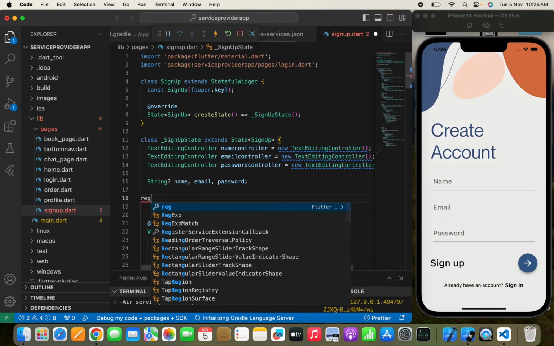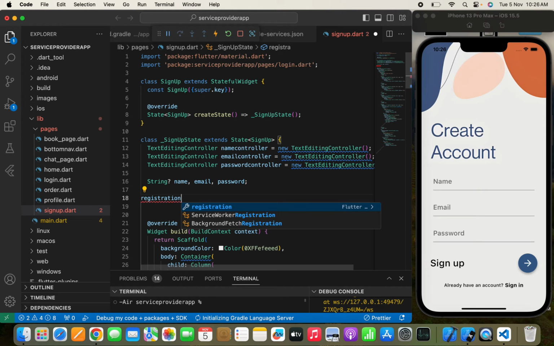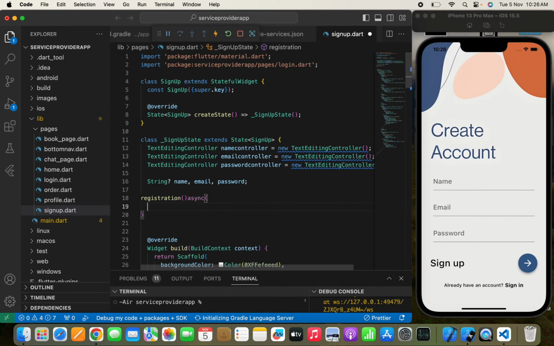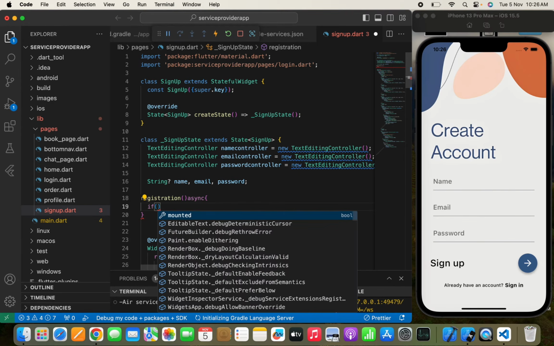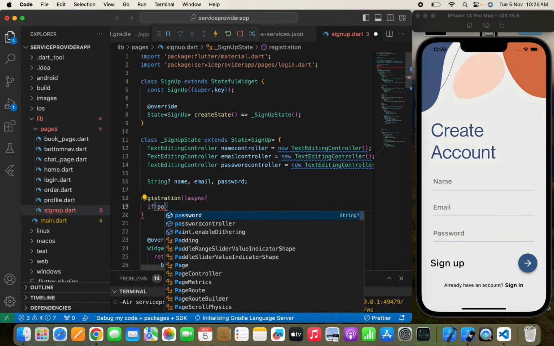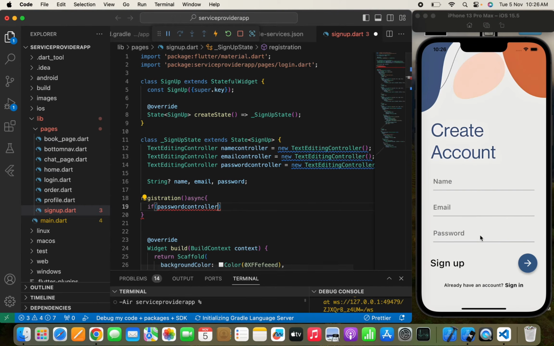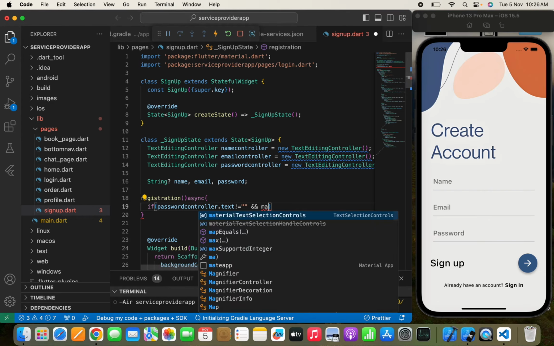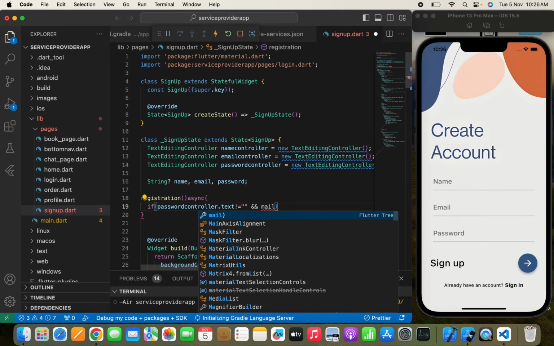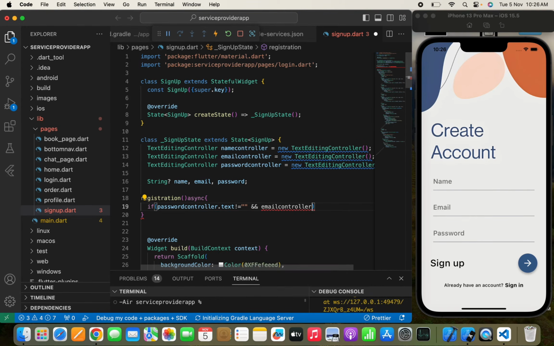Now here I will write a function named registration. We'll write async. Now we'll check if the password entered by the user in this text field, password.text, should not be equal to empty. It means that this text field should not be empty. And also we need to check that the email controller.text,